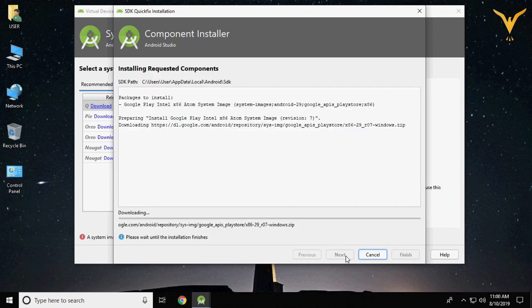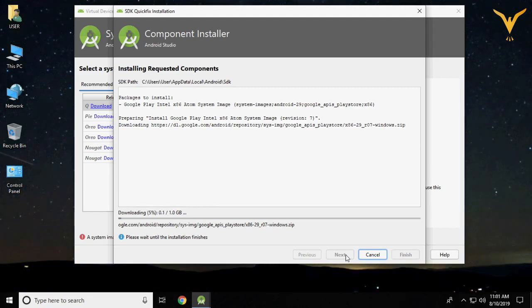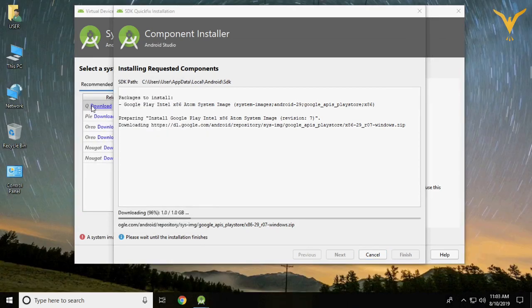Click on next. It will download the virtual device setup file. It's around 1 GB. So it will depend completely on your internet connection. So have some patience. Yes, download is almost done. So it's unzipping the image.